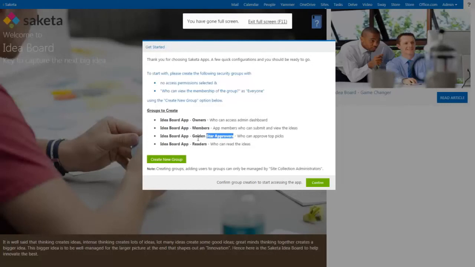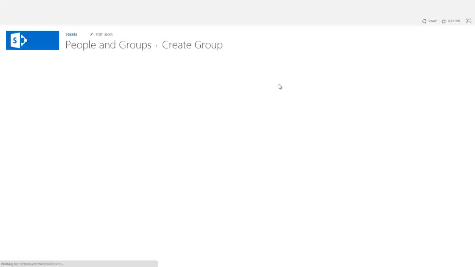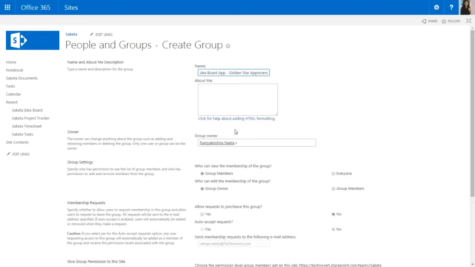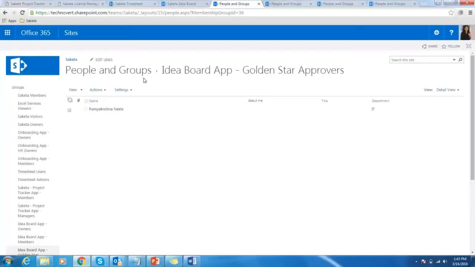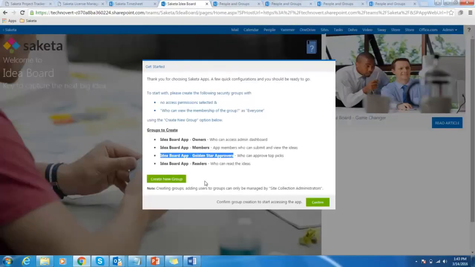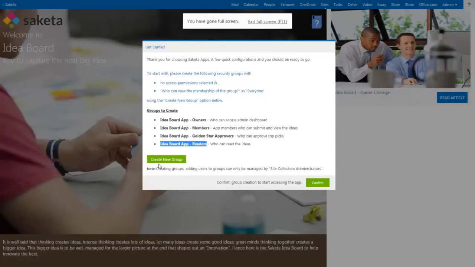Let's create the Golden Star approvers now. This should be everyone. Selected and create. Let's create the fourth group now.